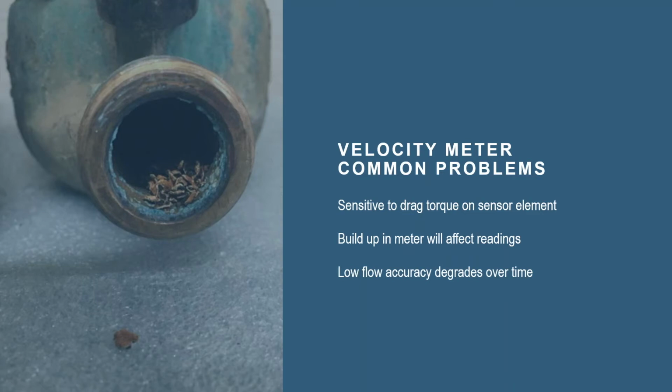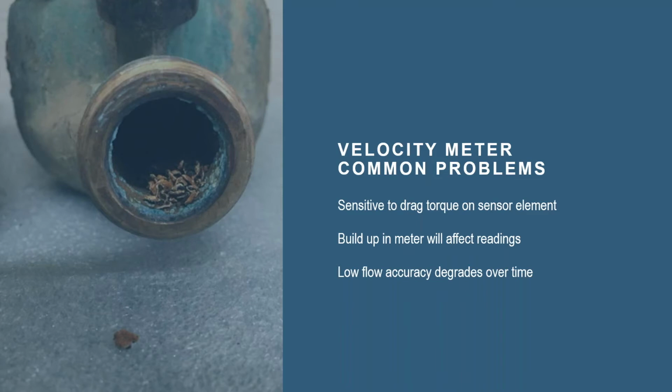Common problems that we see with velocity meters is that they're sensitive to drag and torque on the sensor element. Many of the water systems that I'm familiar with, that are actually on the webinar today, have iron issues out here in East Texas. A lot of times, in order to handle those iron issues, we add a sequestering agent, which essentially tries to bind up those iron particles. Well, what happens when you add that agent is, on those velocity meter